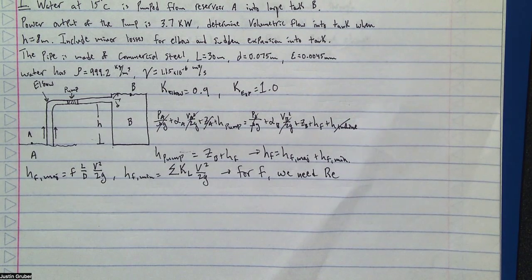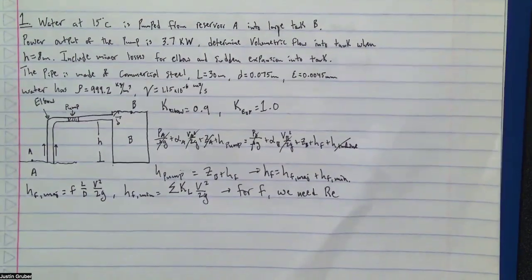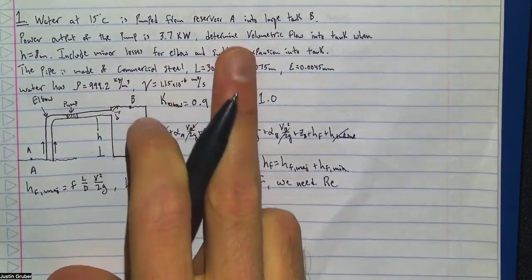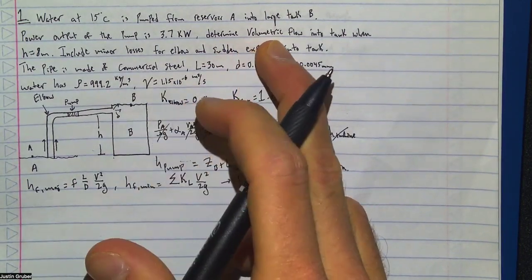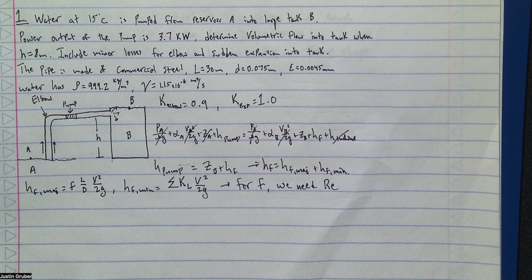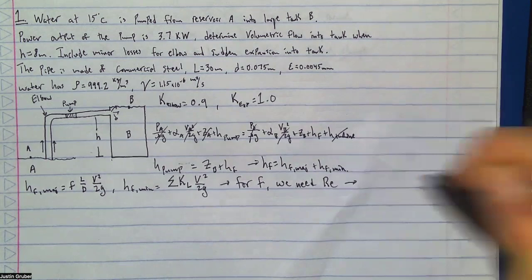I didn't mention it to start off, but this is the hardest type of problem you can get with these, where you need to find some volumetric flow rate but you're not given any velocity or flow parameters like that. This is as hard as it gets. So what we want to do is solve for every